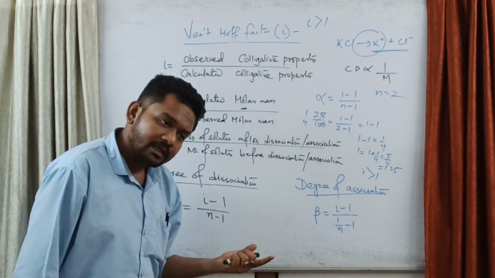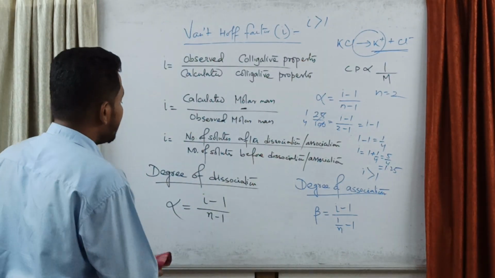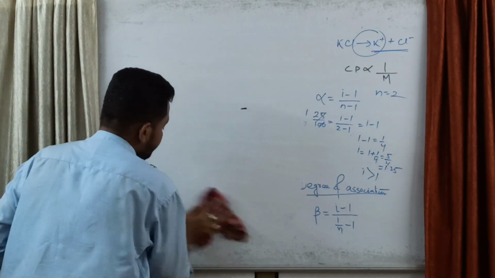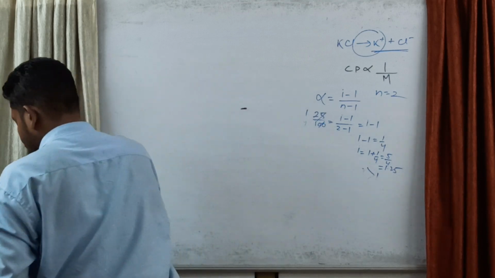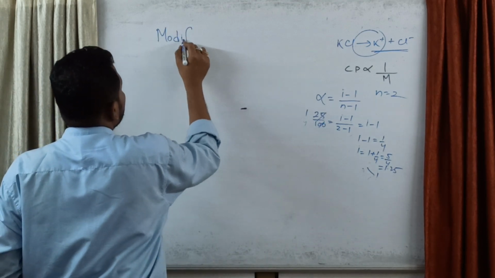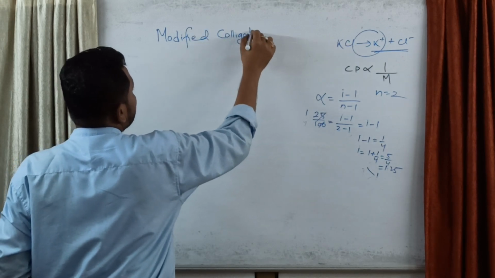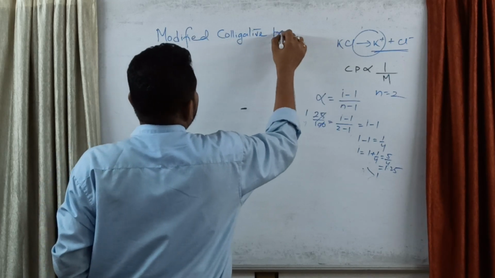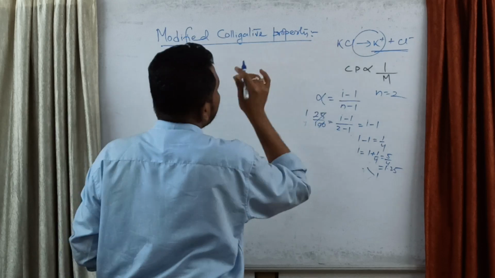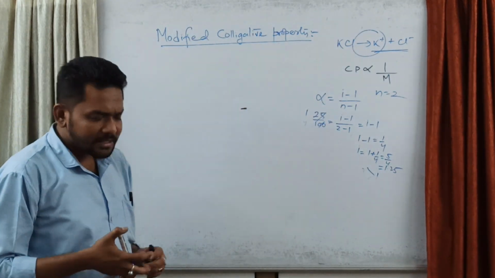So it proves. ঠিক আছে, তার মানে এটা হওয়ার পর আমাদের এলো মডিফাইড কোয়ালিটেটিভ প্রপার্টি। তো এডিং করো, এটাই লাস্ট মডিফাইড কোয়ালিটেটিভ প্রপার্টি। লিখ মডিফাইড colligative property. তার মানে via the inclusion of the Van't Hoff factor, we are modifying the colligative property, because in case of colligative property, general